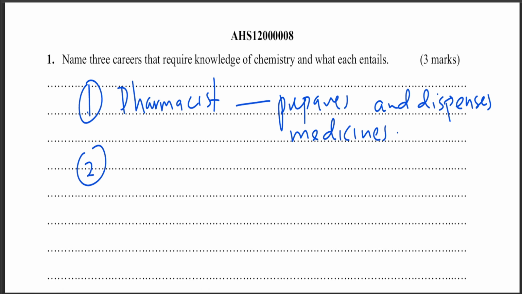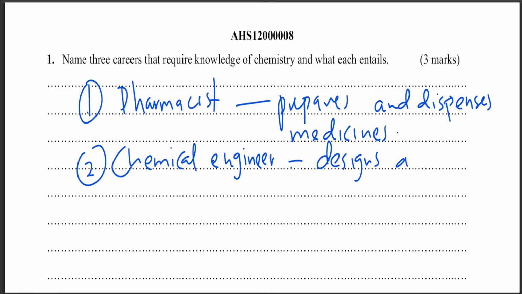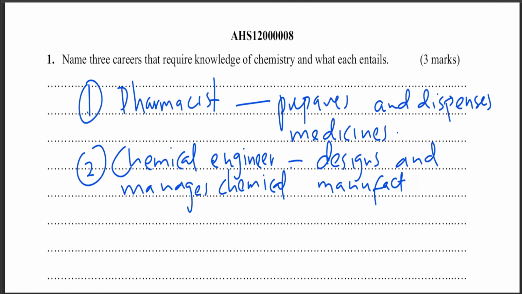The second one obviously is a chemical engineer, and I think, if I'm not wrong, there's chemical engineering when you go to university. So a chemical engineer, basically what he does, he designs and manages chemical manufacturing processes. So especially when you're trying to create food, or maybe a medicine, or maybe anything involving a chemical in it, then he usually is the one who designs those processes